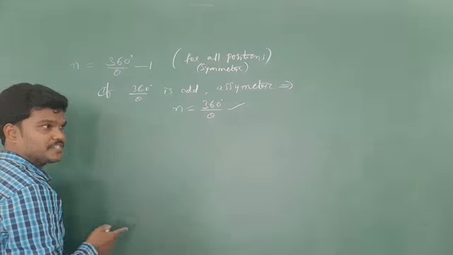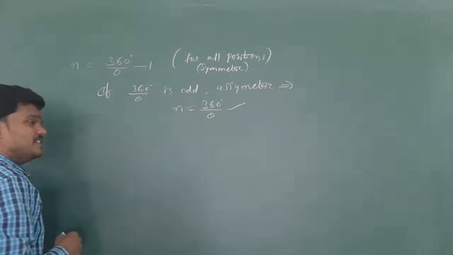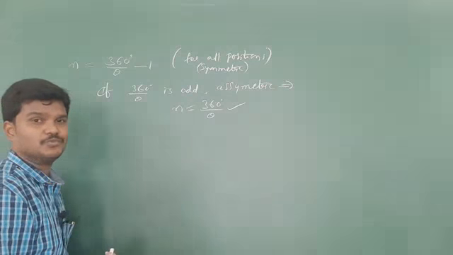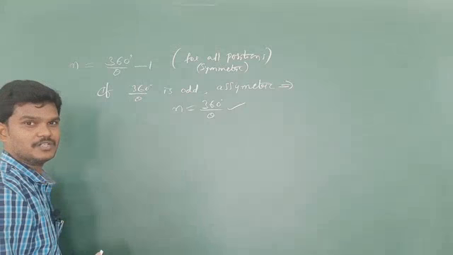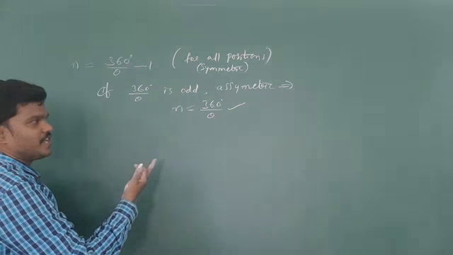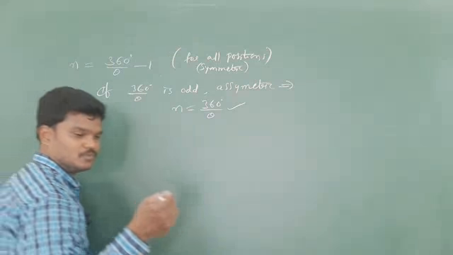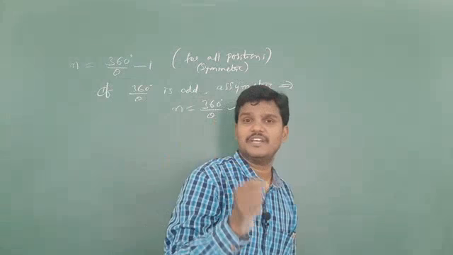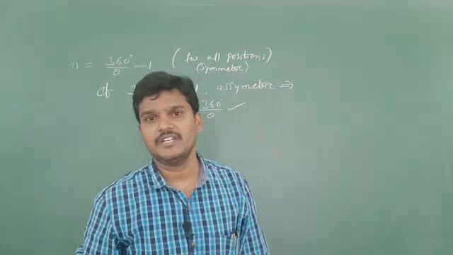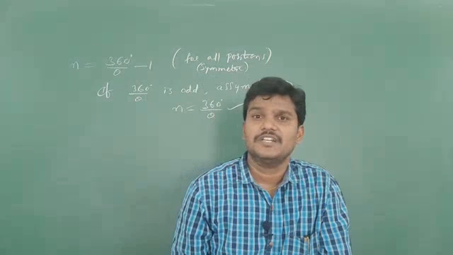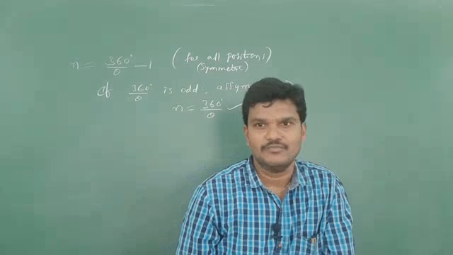If 360 by theta is a fraction, 4 point something, like 4.3, then that should be rounded off to 4, the integral part. So if it is a fraction, we will get only the number 4. We are going to see only 4 clear images. If you got 360 by theta as a fraction, 4.3, the number of images n is equal to only 4, not 4.3.